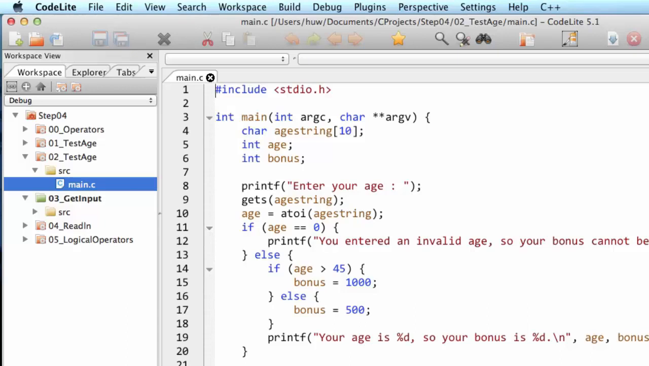Now here, for example, look at this program that we've just looked at, 02_testAge. I've declared the age string variable with a maximum of 10 characters. So what happens if I run the program but I enter 20 or 25 or 30 characters? Now I want to clarify this problem, so the best way to do that is to look at this other program called